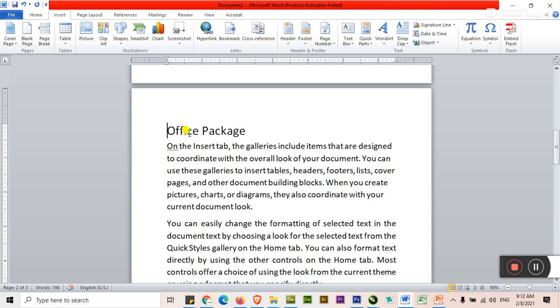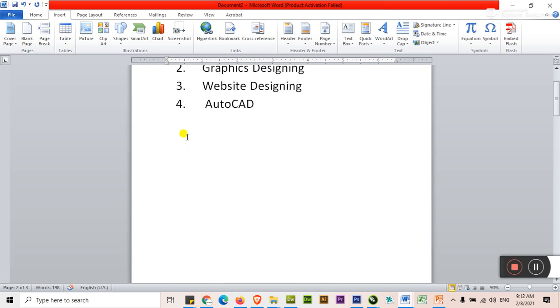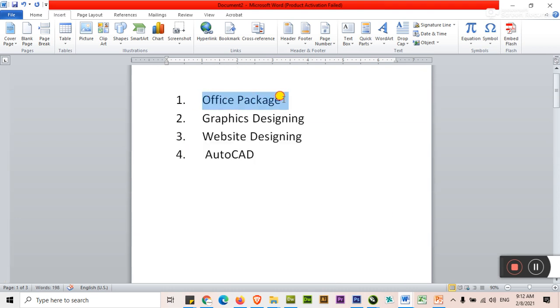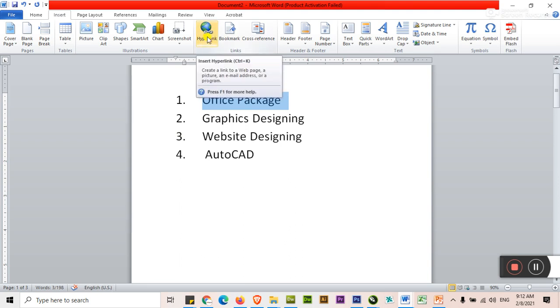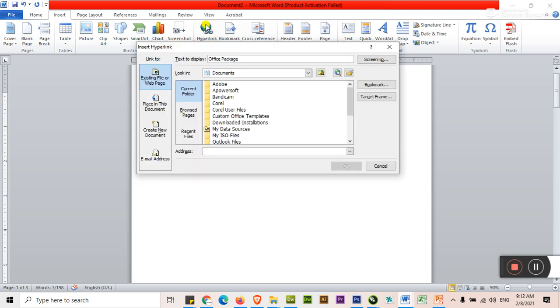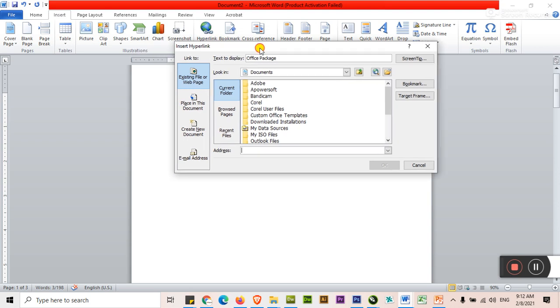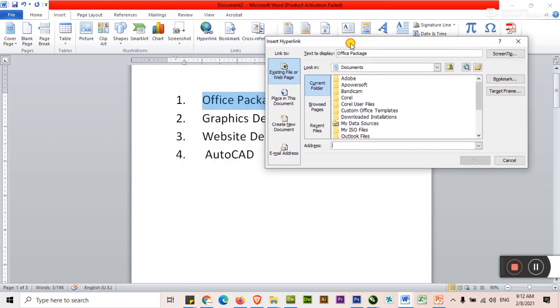Add. Okay. Now select office package, click the hyperlink and assign the location where we have the bookmark. Just click on Place in This Document.